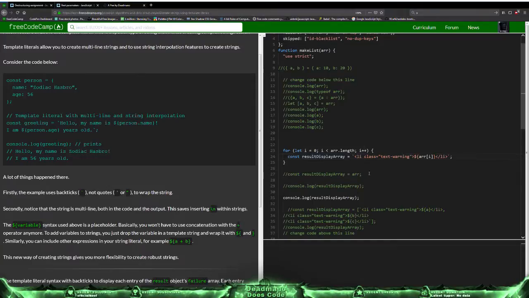Is it the scope? This is a tough one. What am I missing? Because once it gets out of this for loop, because of the way it works,